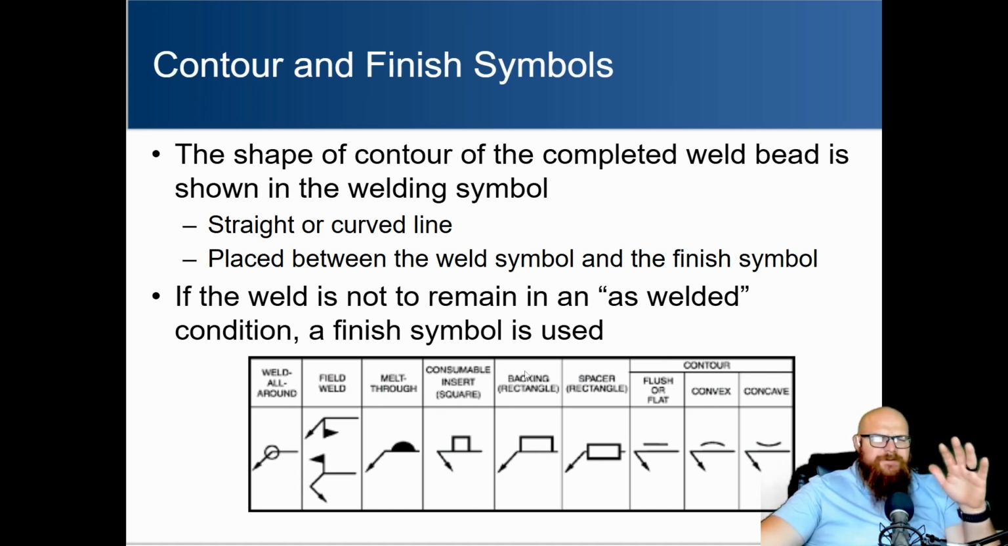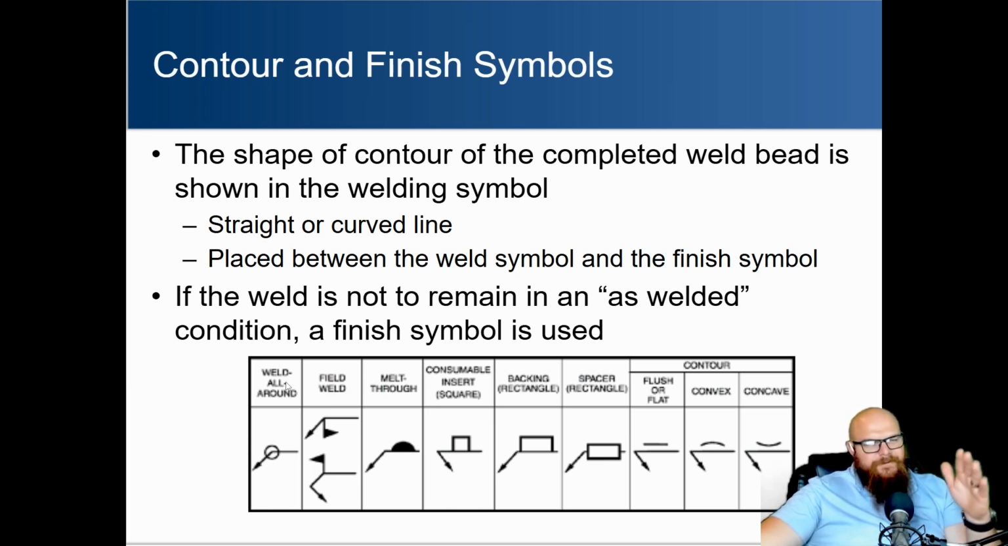Do we have spacing? Do we have backing? Do we have consumables? We're not too worried about these. You don't necessarily see them very often. You could see a melt-through symbol. That's going to be just a solid arc there, saying that we want to get 100% penetration on that weld, on that joint. Probably the other two are the ones that we see kind of on the left,